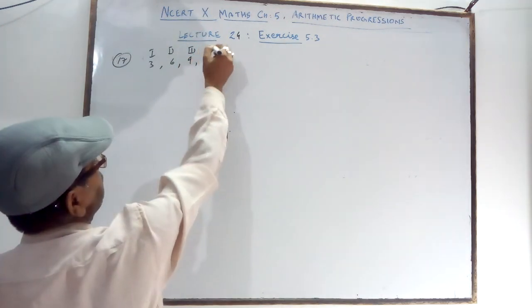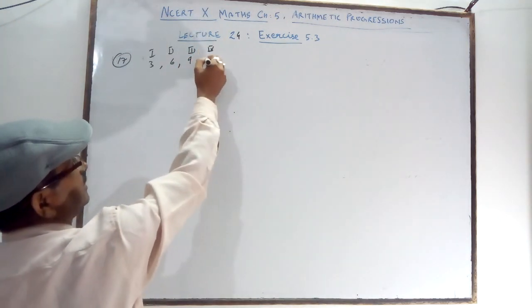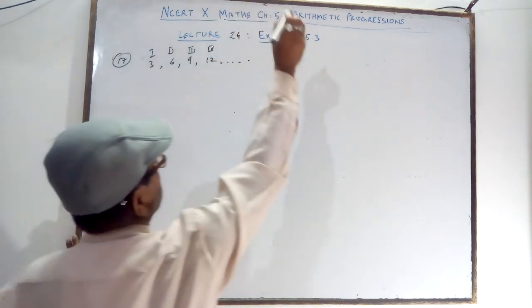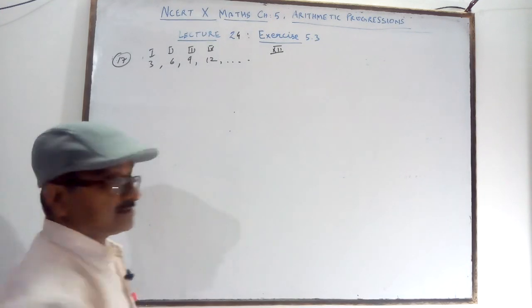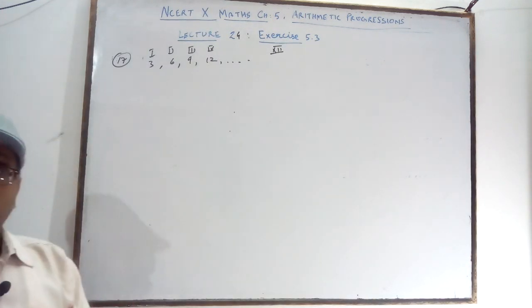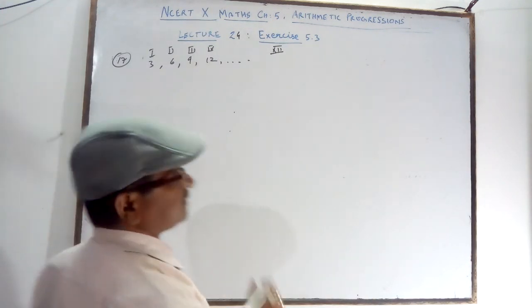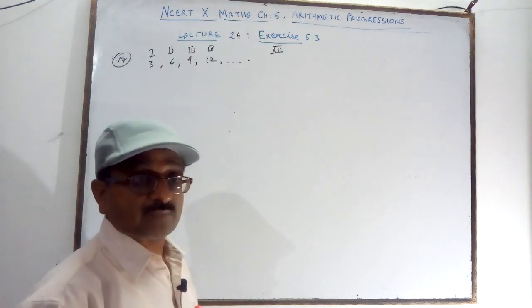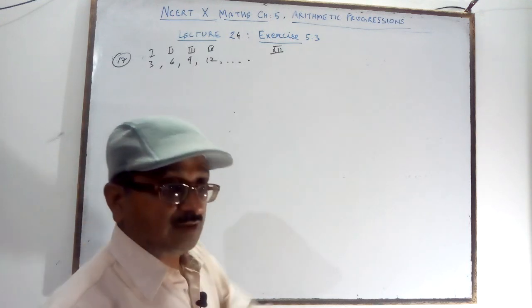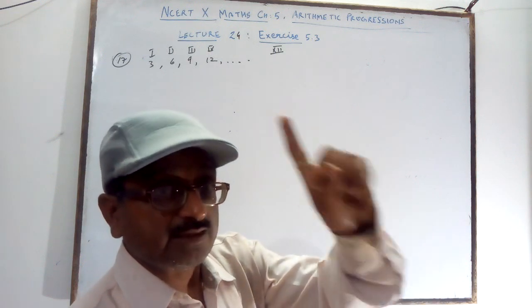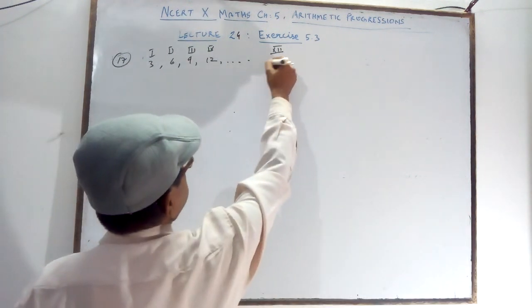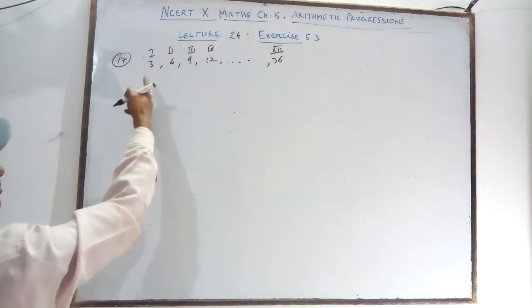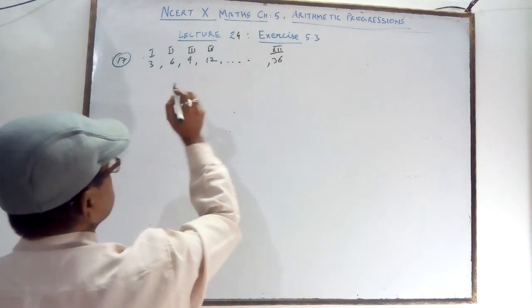Then class 4 will plant 4 × 3 = 12, and so on till class 12. Class 12 means 12 × 3 = 36 trees. In each section of class 12 we plant 12 trees, so 12 × 3 is 36. It is the last one. So first, second, third, fourth, fifth, like this.